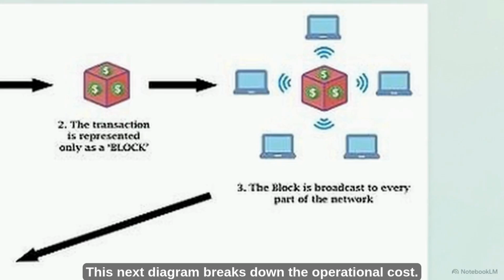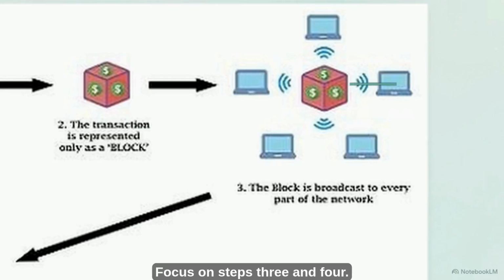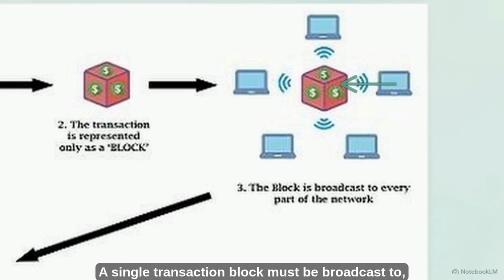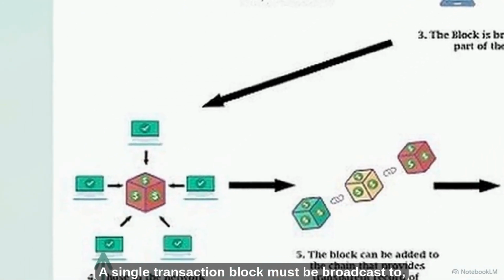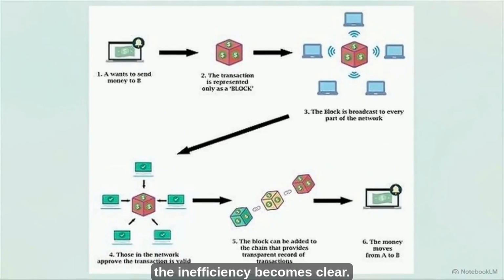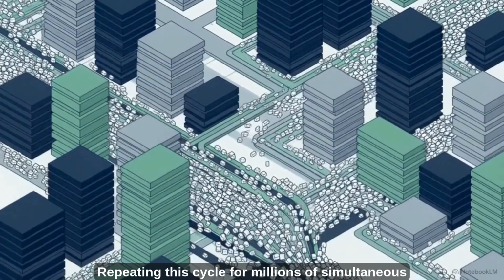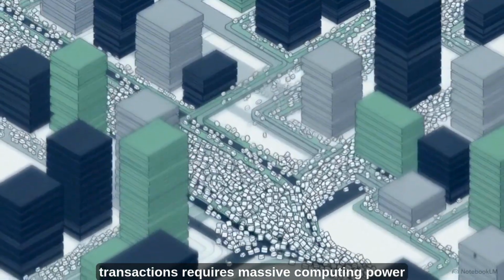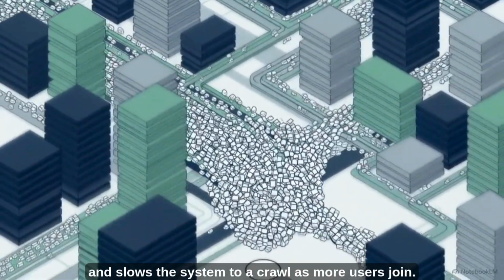This next diagram breaks down the operational cost. Focus on steps 3 and 4. A single transaction block must be broadcast to and approved by every part of the network. Zooming out to the full 6-step loop, the inefficiency becomes clear. Repeating this cycle for millions of simultaneous transactions requires massive computing power and slows the system to a crawl as